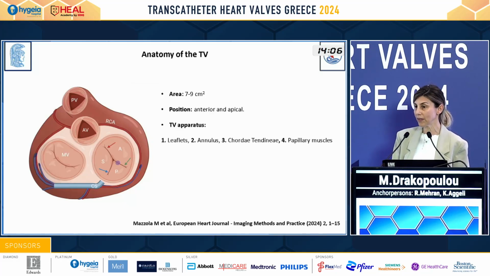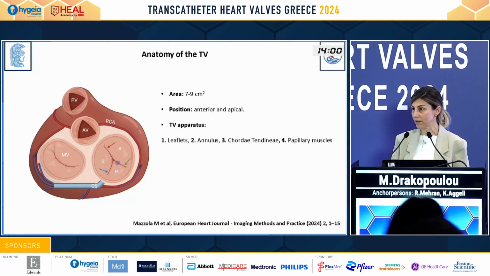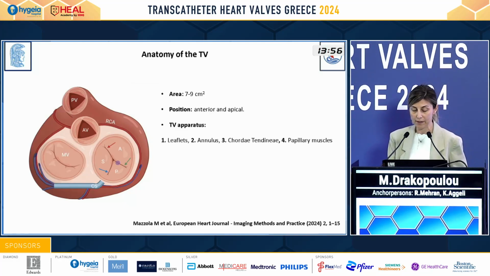We see that the anterior leaflet is the highly mobile leaflet. It is thin and it has a great circumferential area and a great radial length in comparison to the other 2 leaflets. The less mobile leaflet is the septal leaflet, which is attached to the septum, and the smallest leaflet is the posterior leaflet. And we know that the coaptation zone, the area where the leaflets coapt during systole, is